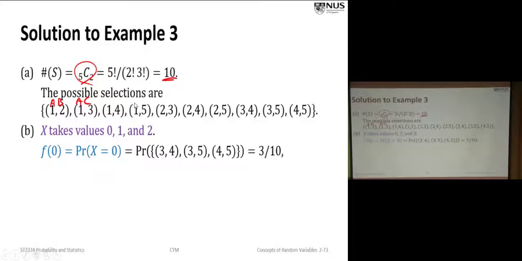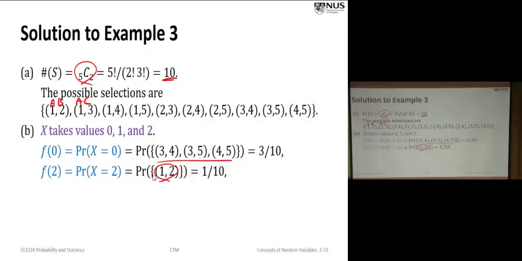All right, so now the question is, what is F0? F0 means the probability of X equals 0. No defectives means that you don't have item 1 or item 2 in your sample. So only these. Altogether there are 10 possible ways, and 3 of them will give you no defectives, so it's 3 out of 10. Next, we work on F2. All the 2 items are defectives, so that means you have only one choice, 1, 2. You choose 1 and 2 together, so it's 1 over 10.